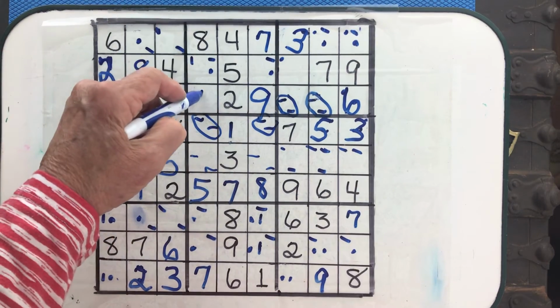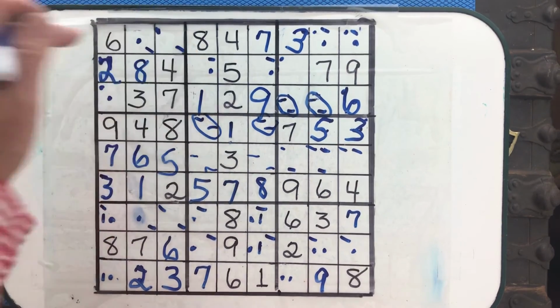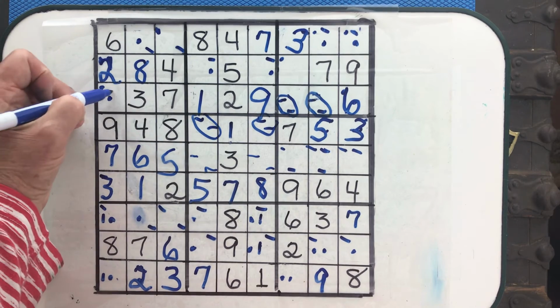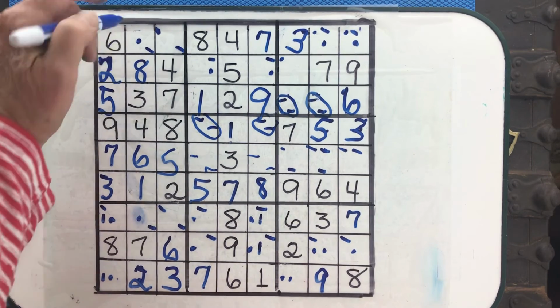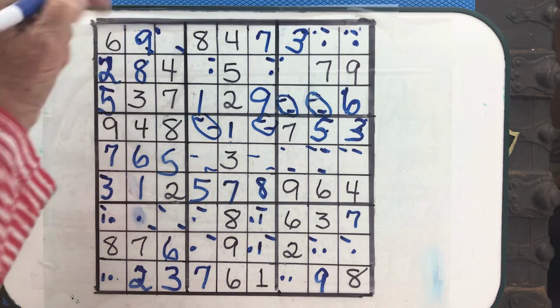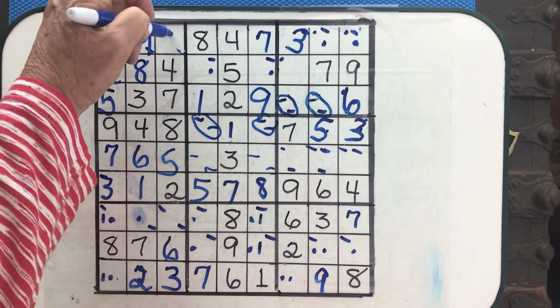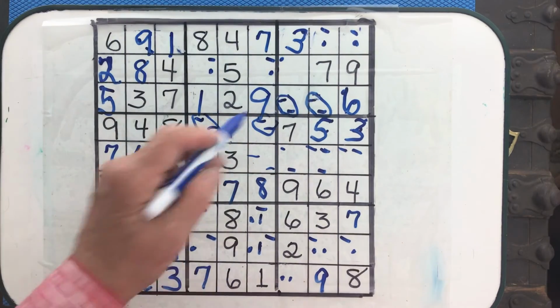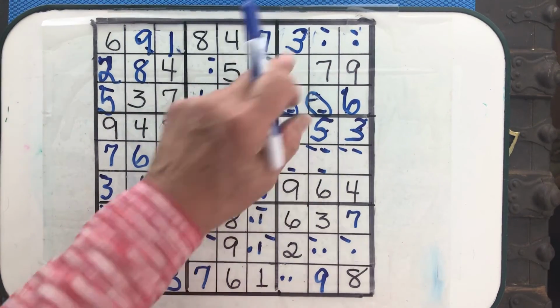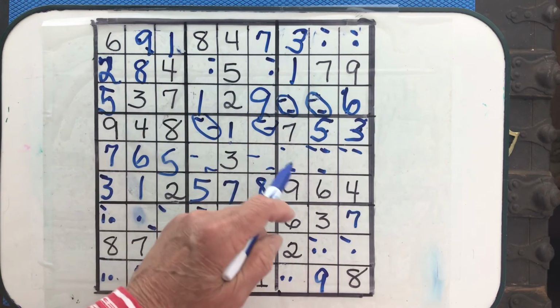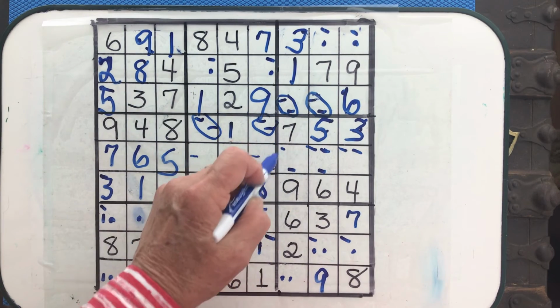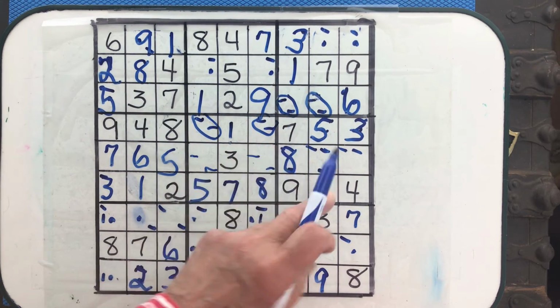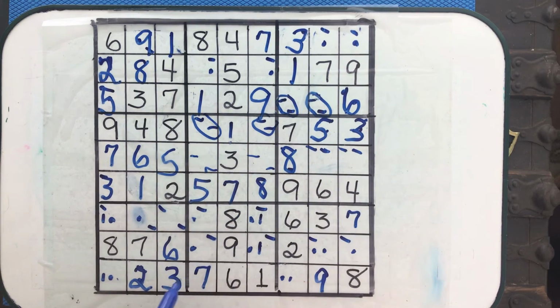This becomes my 1. Eliminate that 1, so that becomes my 5. Eliminate that 5, that becomes my 9. That becomes my 1. Get rid of the 1's. So now this has to be my 1. Since that was a 1 or an 8, and I've used the 1, that has to be the 8. Getting rid of that,